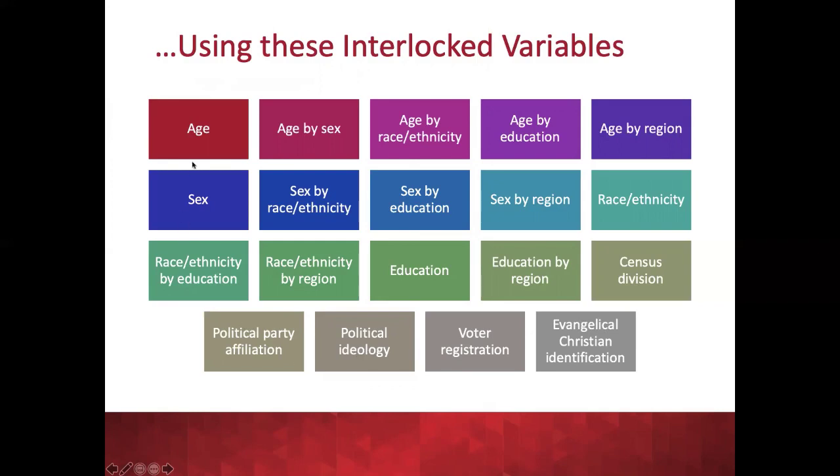So those are added questions that they've done. But then they've also taken these, they've basically kind of reintroduced cells into rim weighting. So they've created a cell like the one I demonstrated for age by gender. But they've added cells for as many permutations as they had data. So age by gender, age by race, ethnicity, age by education, and so forth. So by adding more interlocking, they're getting the best of both worlds, and their rim weighting process now goes through many more variables in each iteration.